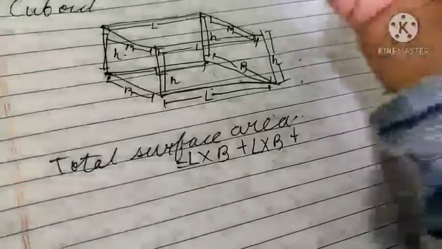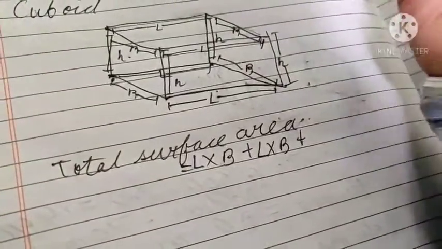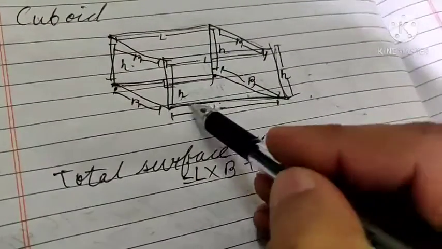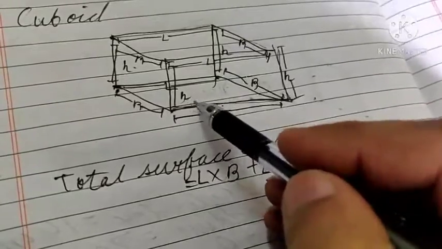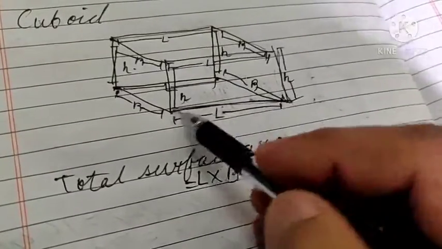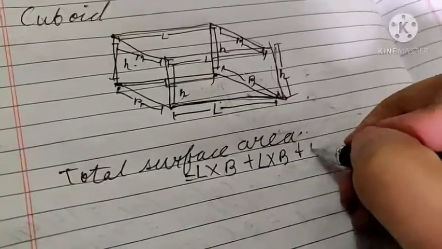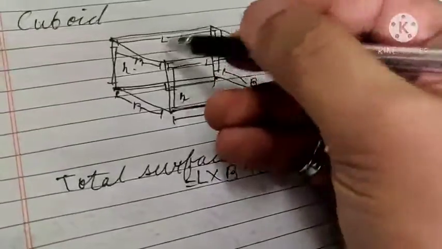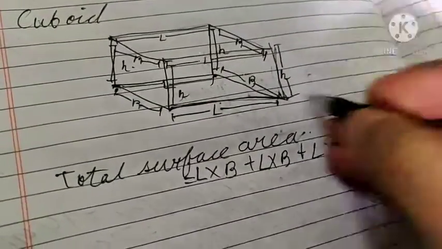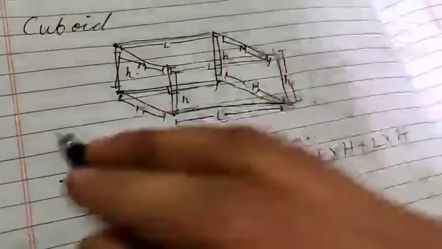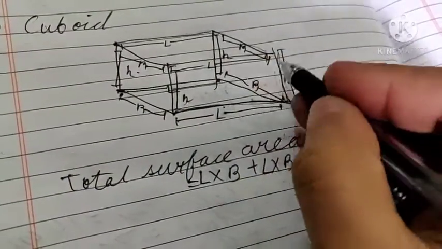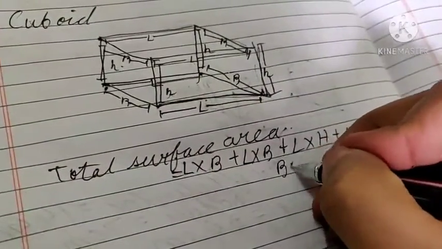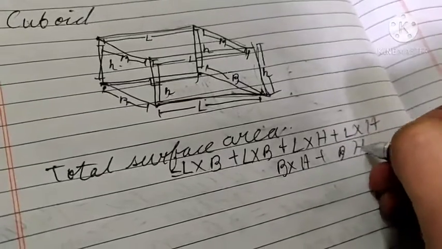Okay, and then there are 2 more faces, besides the bottom and the top face. Front face has the length and a height. The area of a rectangular portion is this side into its adjacent side. Here this side is length and the adjacent side is height. So length into height, plus the back face, which is also length into height. Left face, this is breadth and this is height. Breadth and height, breadth and height. So breadth into height plus breadth into height.